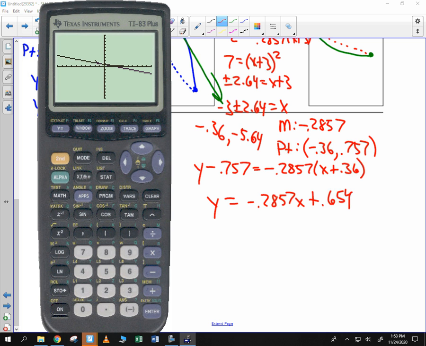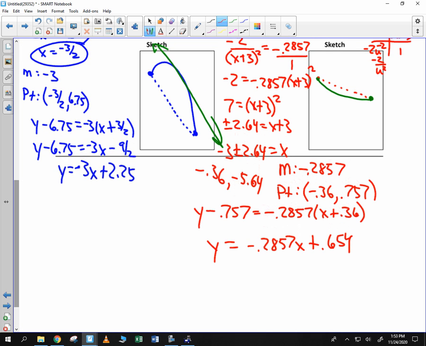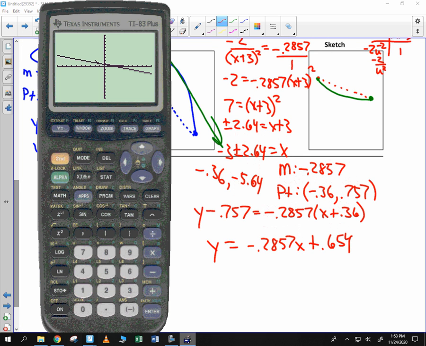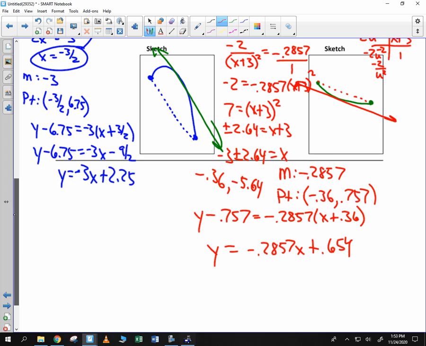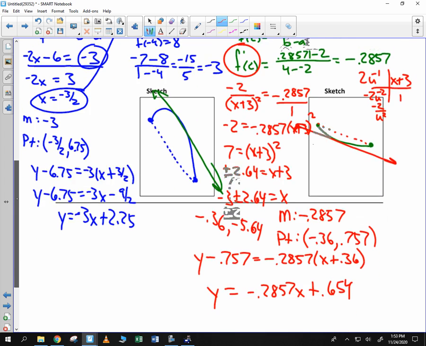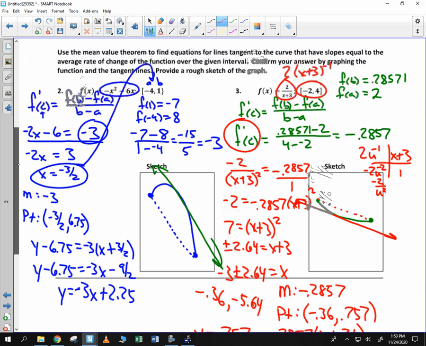Yeah, it touches tangent. Not only does it touch tangent, it has the same slope as that secant line. So you don't have to graph it on your calculator. I just want you guys to understand what the heck it is we're doing, because there's a lot to keep